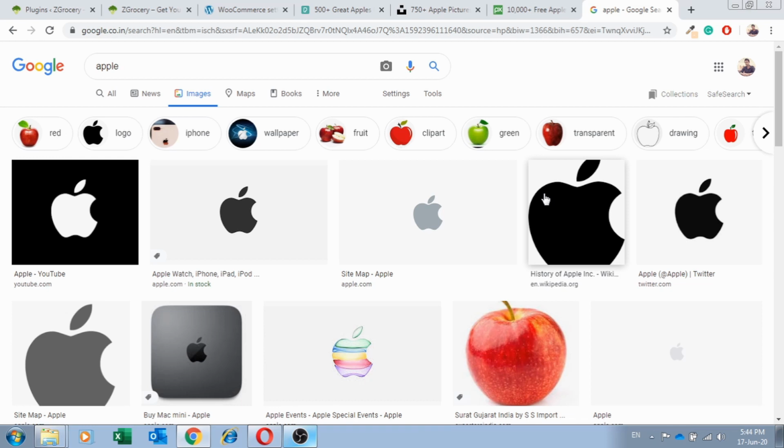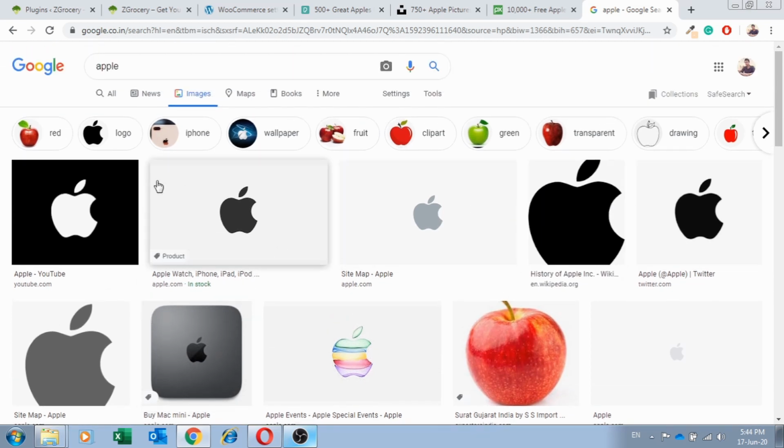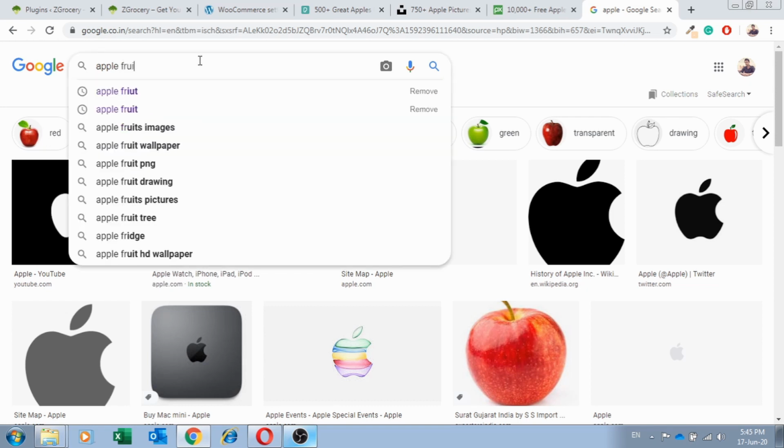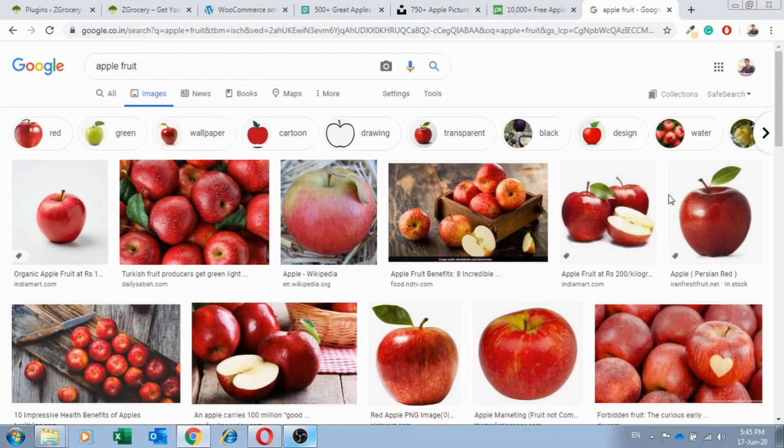Okay, they are showing me the results of the Apple company logo. Okay, so try add fruits to the search. Now these images here are both copyright and non-copyright, so we have to filter them. To do that, click on settings, go to advanced search,